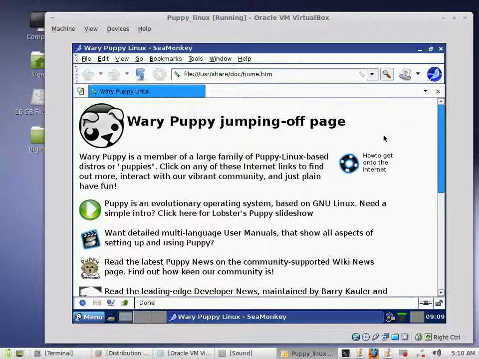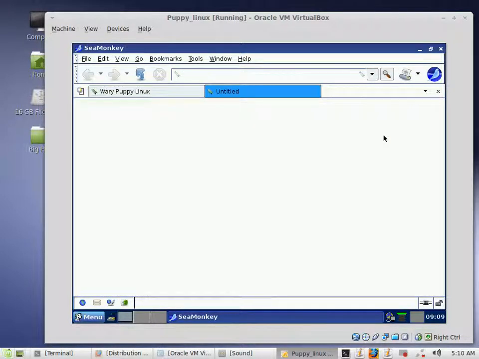Now SeaMonkey supports multiple tabs that you can use on this browser. The quickest way that I know of to get an extra tab is to, on your keyboard, choose the Control button and the T. Press those down at the same time, and it should open up another tab for you, as it did there. And then you just type in whatever web address you want for your choice. So let's just try google.com,